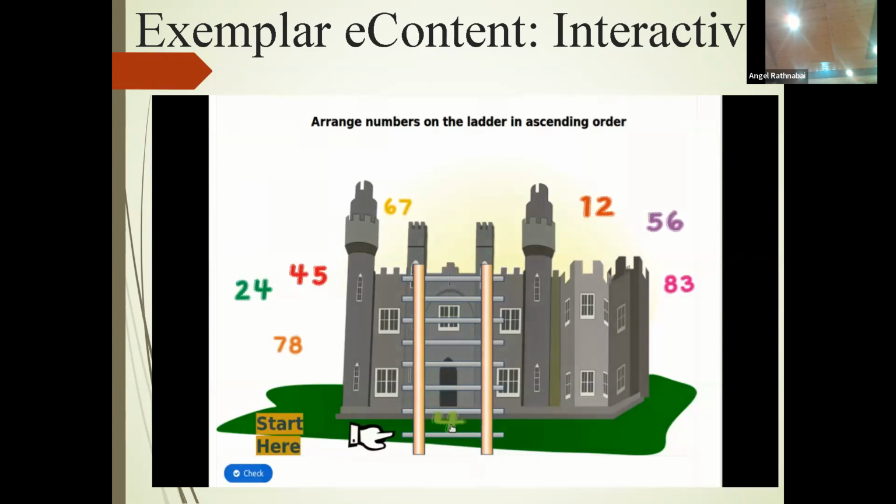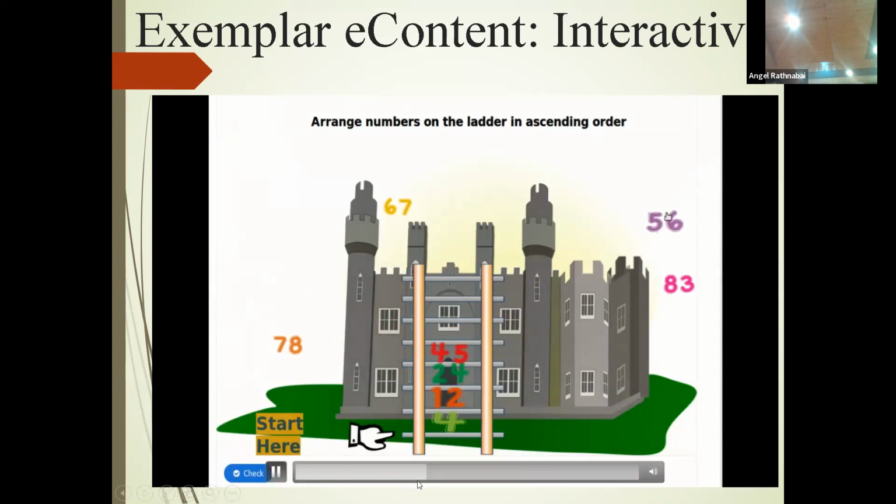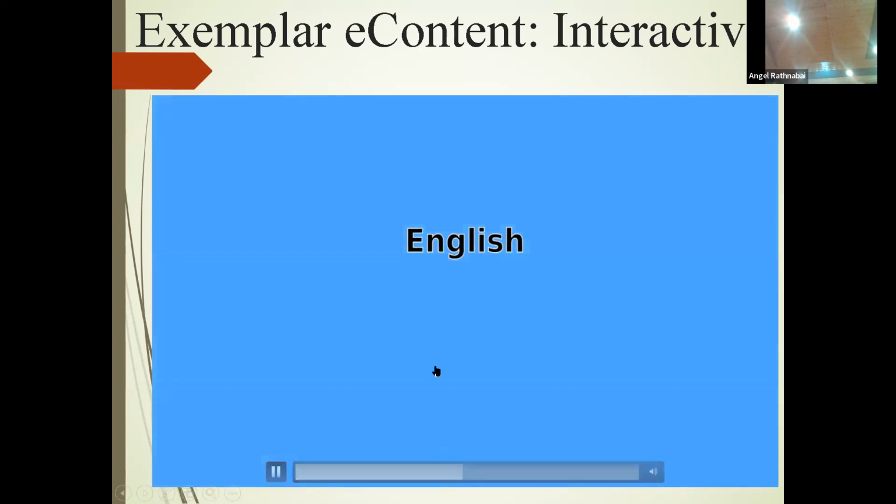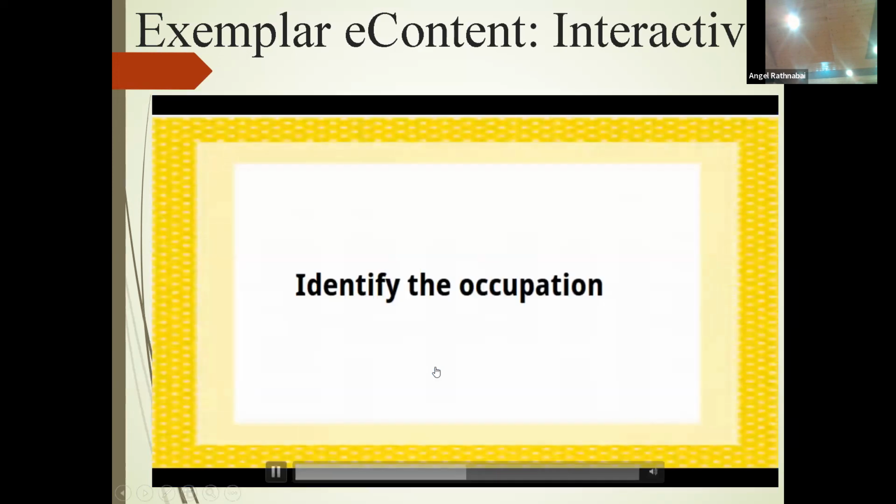Well done. Oops, try again. Identify the occupation.